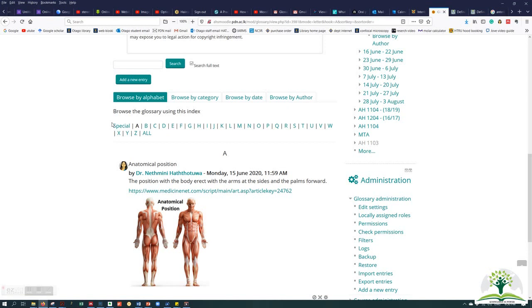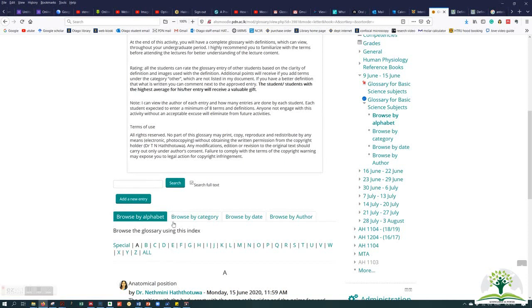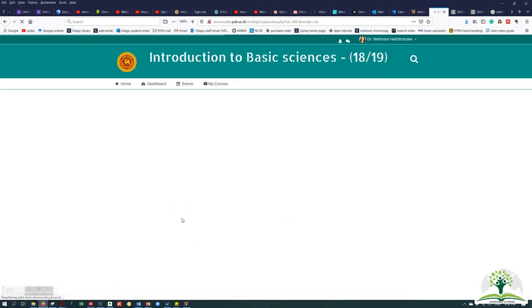And I hope you know the difference between a glossary and a dictionary. In a glossary, the terms are arranged in alphabetical order, but these words are related to a specific subject. Whereas a dictionary lists the words of a language and gives the meaning. But if you look for a scientific term definition in a normal dictionary, sometimes what is listed there does not make any sense. In this glossary, you can browse the terms by category by clicking on Browse by Category.